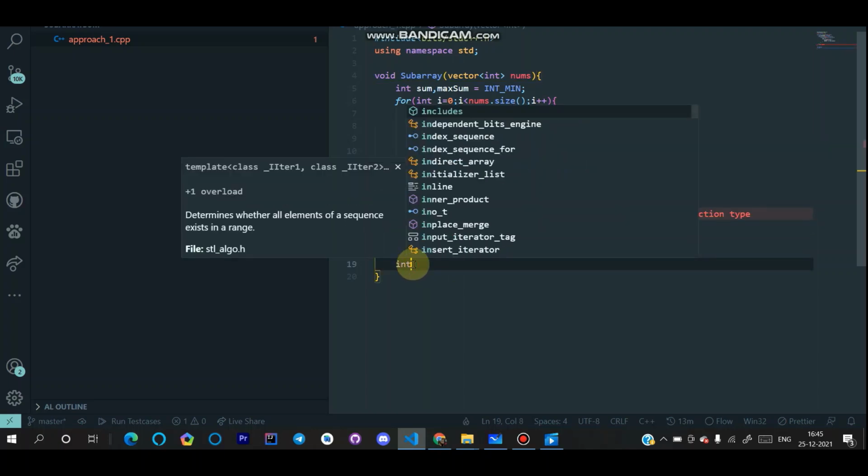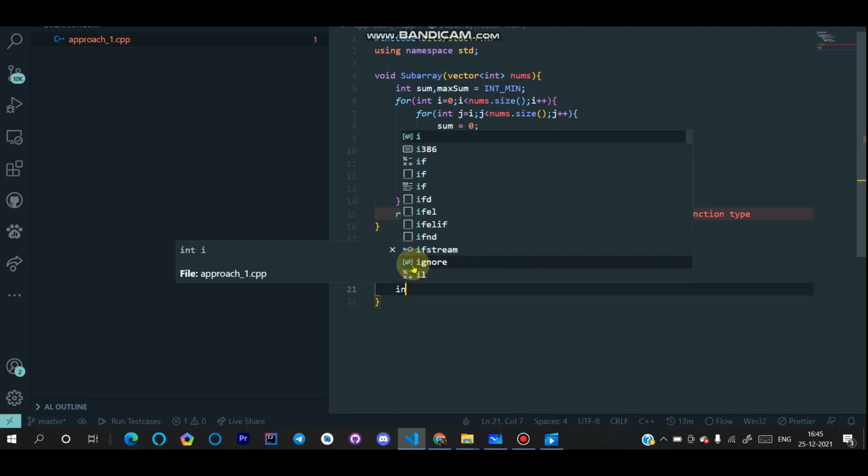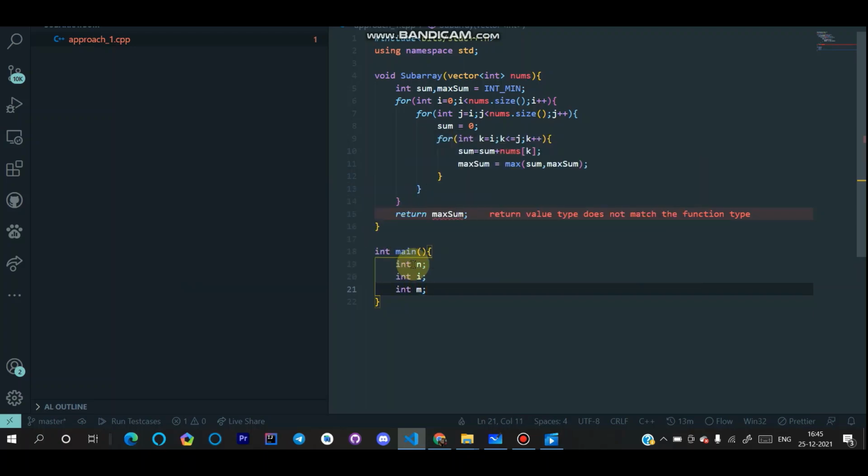Here are the basic things of declaring: n would be the size of the vector, int i for taking each and every element, and one extra variable for storing the maximum sum.